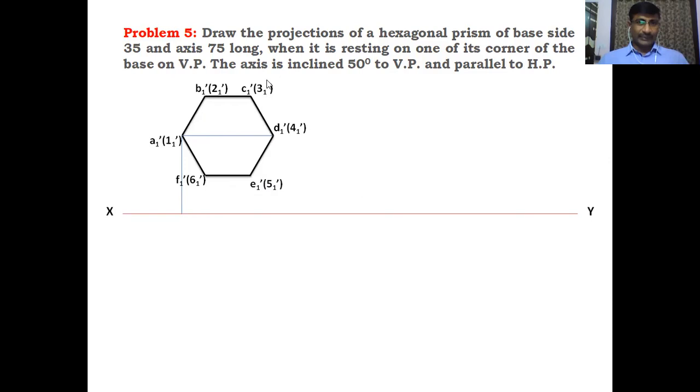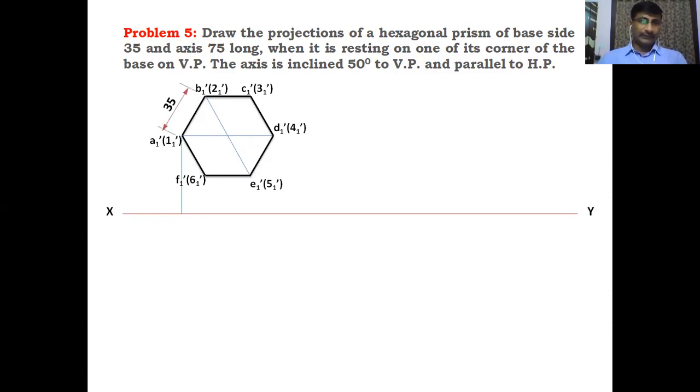So the terms in the bracket are invisible corners, and the terms out of the bracket are visible corners. Whenever the prism is located with its axis perpendicular to the VP, the front base is visible and the back base is invisible. The back base corners are numbered. Locate the center point of the hexagon by joining the opposite corners with diagonals. Then we can locate the center of the hexagon at this place.